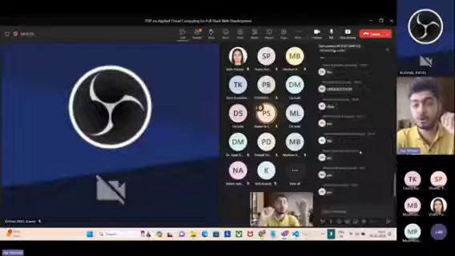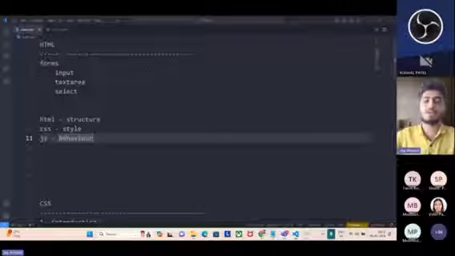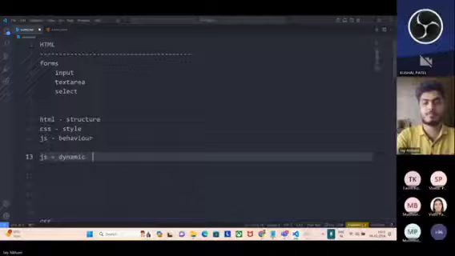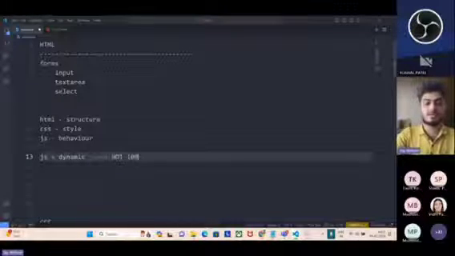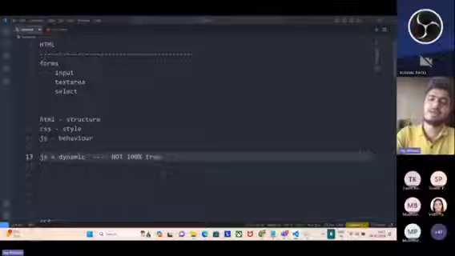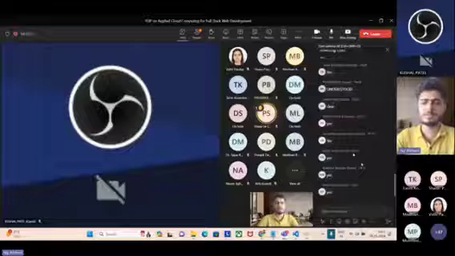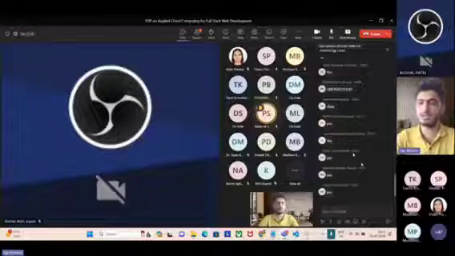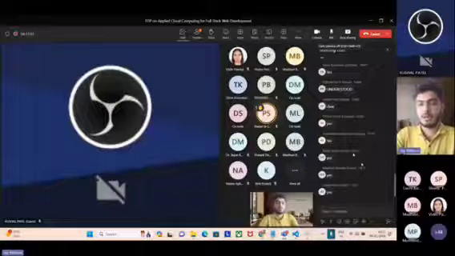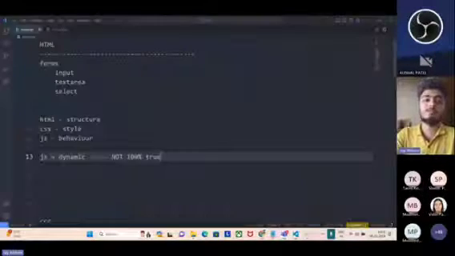But if we talk on a lower level, in terms of full stack web development, then it is not 100% true that JavaScript is equal to dynamic. If you are just considering front end, it is absolutely true that JavaScript is adding some dynamics. It can add some behavior, some animation, some effects. But maybe not in today's session, maybe in the next session, I'm going to explain what exactly